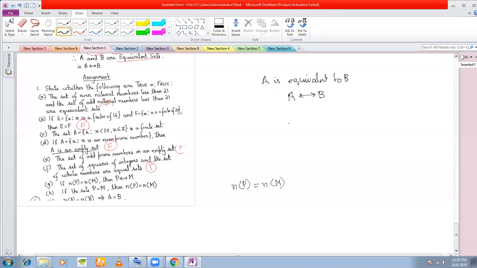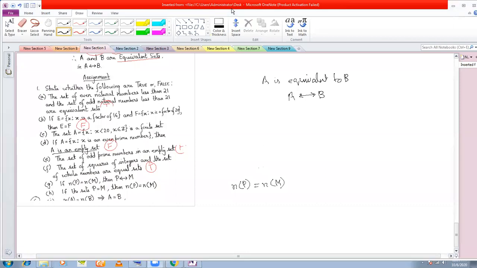And what is the definition of equivalent sets? Who can tell me the definition of equivalent sets? When are the sets said to be equivalent? Who wanted to say first? Okay, Umme, you tell me. The sets' cardinality has to be the same. Okay, yes. If the cardinal number of two sets is the same, or the cardinality of two sets is equal, then we say that the sets are equivalent.